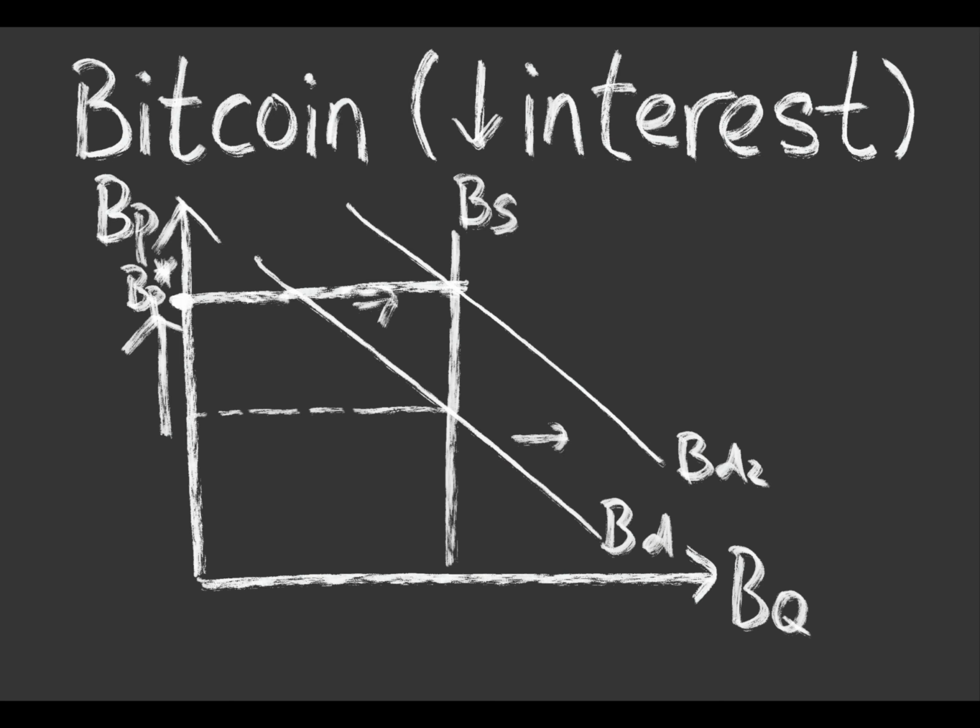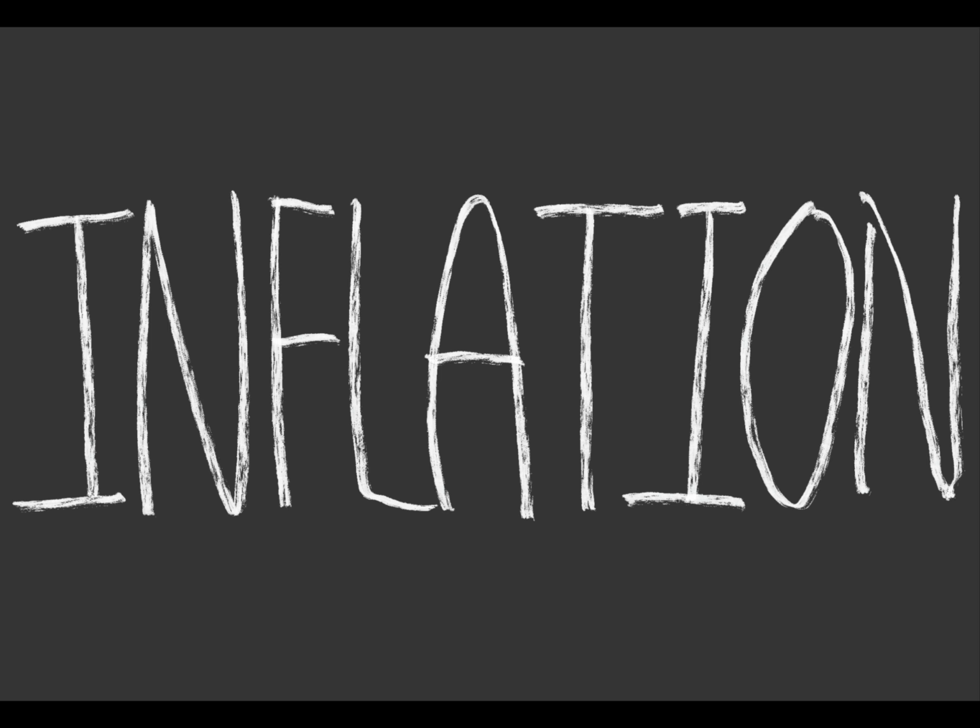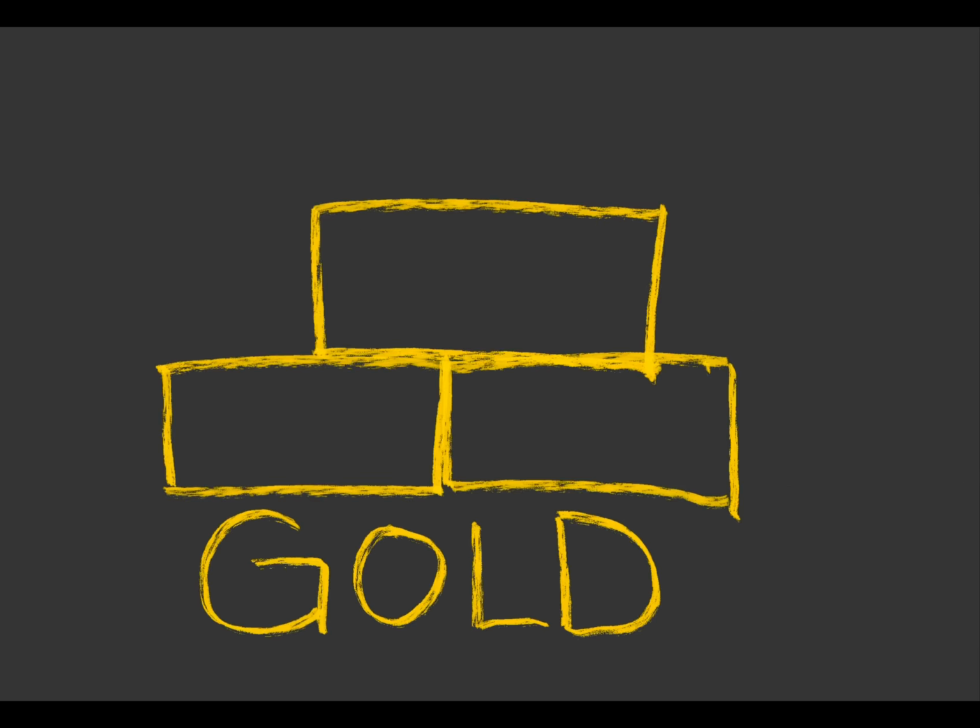When the money supply is expanding rapidly, people also worry that each dollar will be worth less in the future, which is also known as inflation. In such times, many investors look for assets like gold that can't be debased by money printing, and Bitcoin is also one of those assets that gets attention as an inflation hedge.